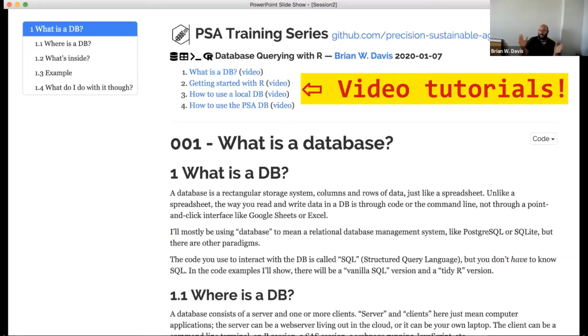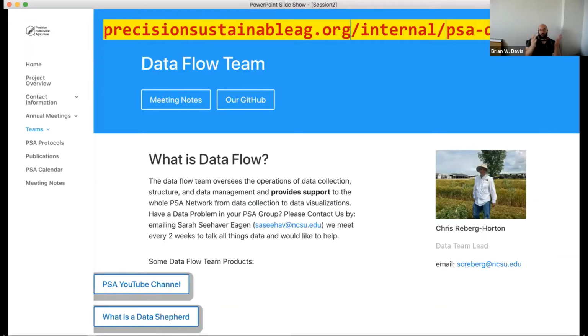Well, on the next slide, we have precisionsustainableag.org, and you go to the internal, enter the password PSA, and go to the Dataflow team page. And this will have links to the YouTube channel. It has links to the grower dashboard, the tech dashboard, all of these things. And the GitHub page,